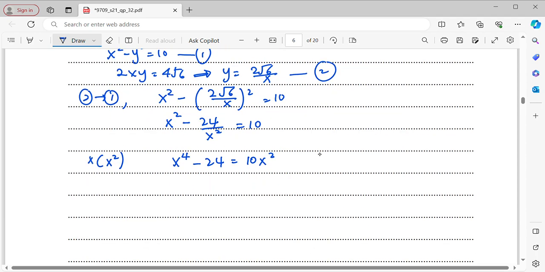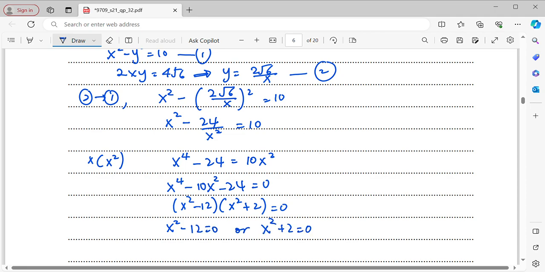Okay, so from here, rearrange it, then you will get x to the power 4 minus 10x squared minus 24 equals to 0. And now, factorize this. Instead of x, the quadratic equation, you just change the x in the quadratic equation into x squared. So which means here I will be getting x squared minus 12 and x squared plus 2. So now, x squared minus 12 equals to 0, or x squared plus 2 equals to 0, which means your